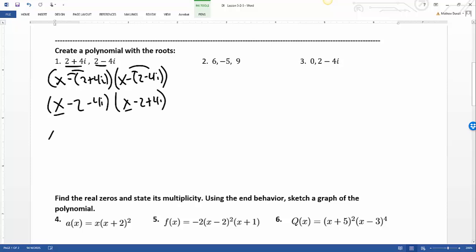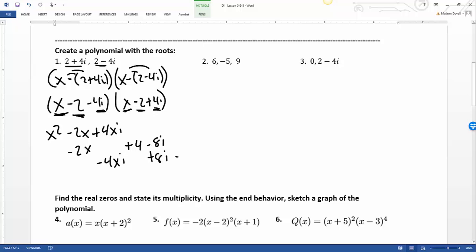X times x, x times negative 2, x times 4i, negative 2 times x, negative 2 times negative 2, negative 2 times 4i, negative 4i times x, negative 4i times negative 2, negative 4i times 4i,